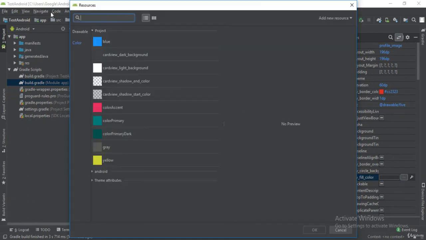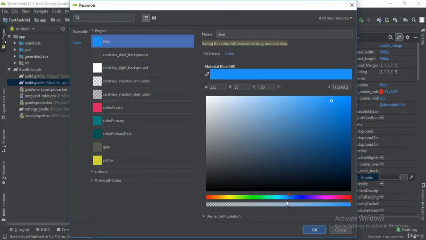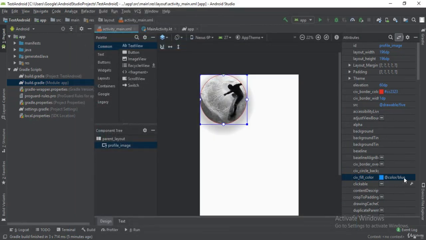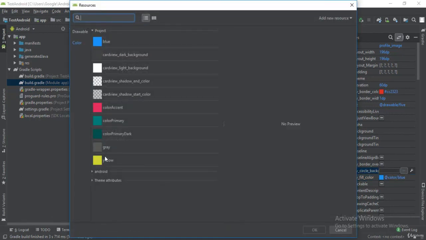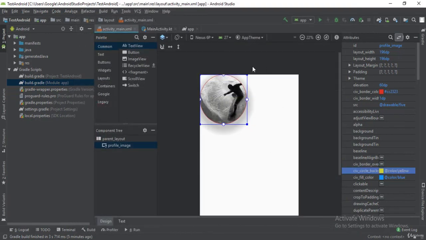Now let's take a look, for example, at this feature where it says civ_fill_color. I'm just going to try it with you. I haven't tried any of these. Nothing has been added, but I think we need to add the background here. Okay, let's make it yellow, for example. And of course you can try them out. Okay, nothing happened because I haven't tried any of these behind the scenes.